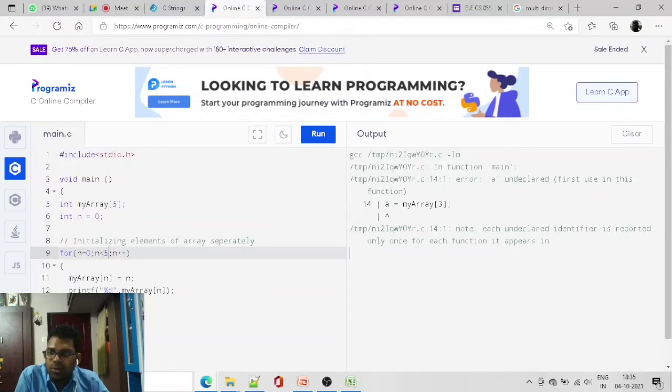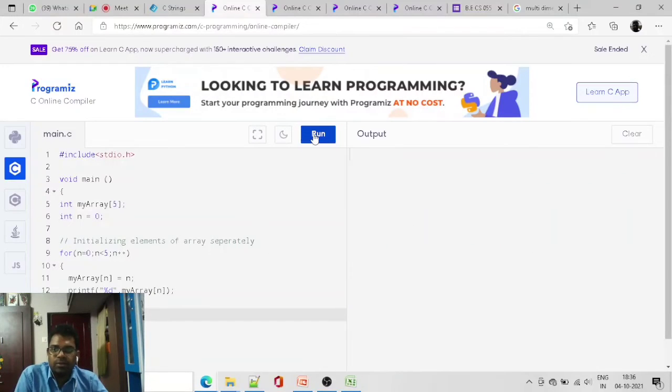A equal to my array. Sorry, I need to declare it. Right, it works: 0 1 2 3 4, it's in a loop. Now the printf statement, the A value is displayed over here.